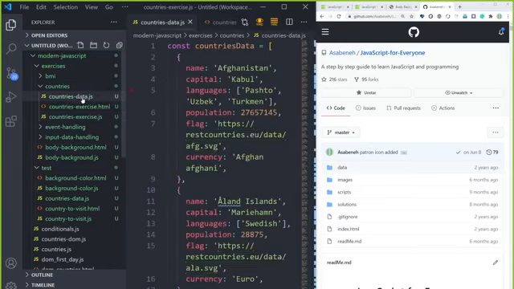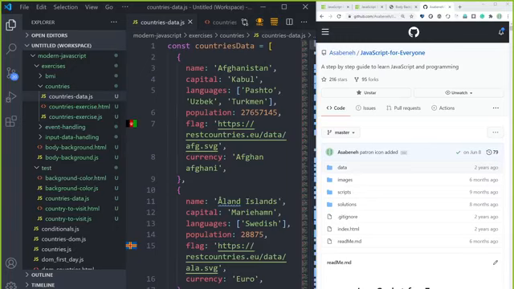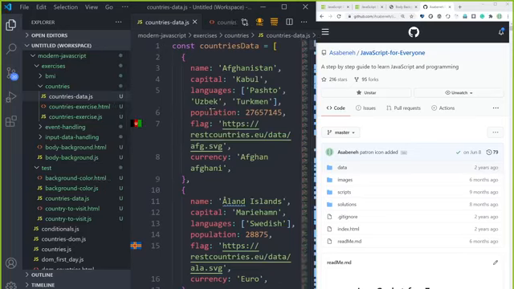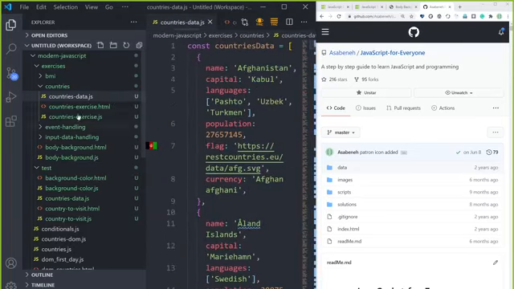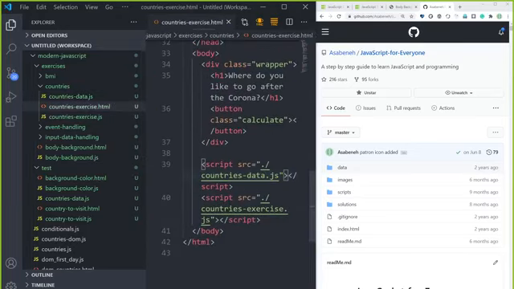That way. This one. Yeah. So this is an object in countries data. Yes. And how does the countries exercise know what that variable is? Okay. Because it's somehow similar to the previous one, but as you can see, this file, countries data, is